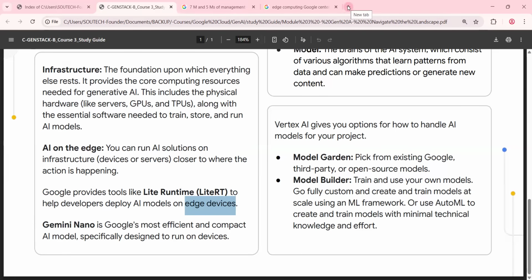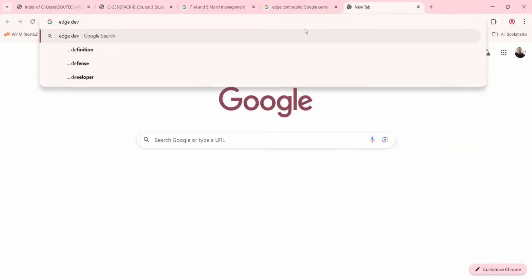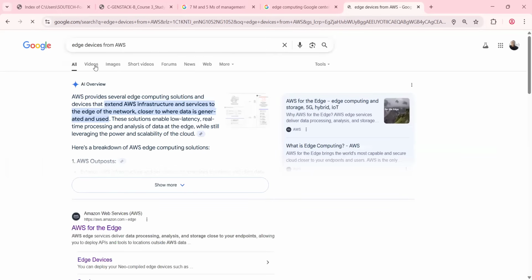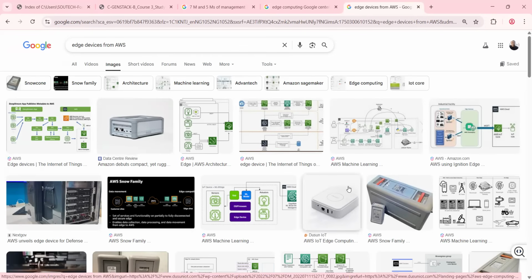And if you wonder what an edge device looks like, I'm conversant with the ones from AWS. Edge devices from AWS are just small machines that have high compute, what's it called? High compute capacity, right? So this is what an edge machine looks like. It's just like a mini computer. So you could do IoT, you could do Internet of Things, you could do computing, you could do whatever.